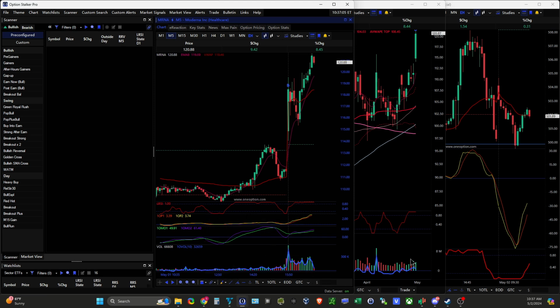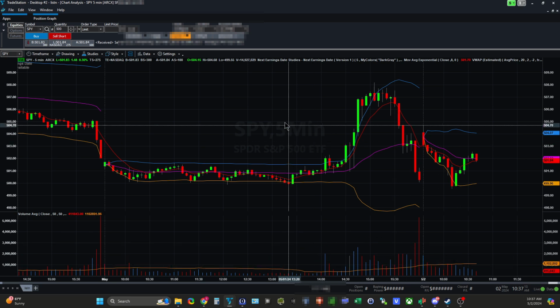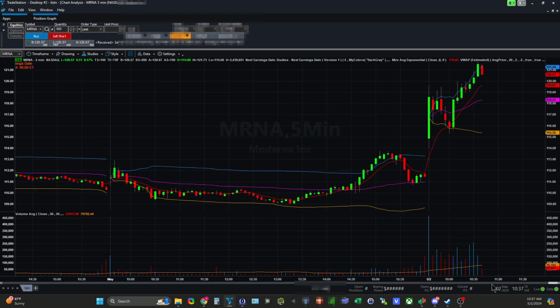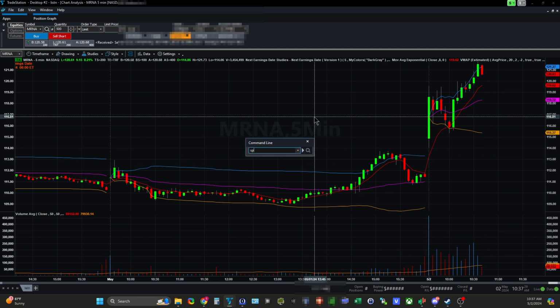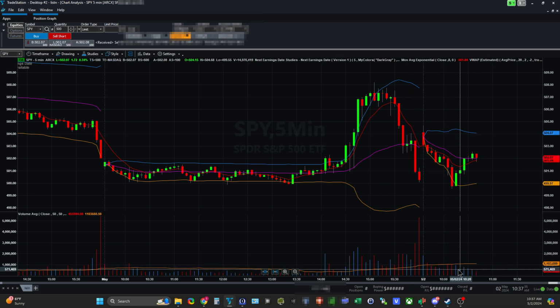Another way of doing it is just looking at the numbers. I think it's a little bit easier to see on my platform. So let's look at mRNA. This yellow line here shows the average volume on the 5-minute chart. And as you can see, all these volume bars are higher than the average volume. Versus SPY, we've got only one today above that, and this one almost made it, but all the rest are